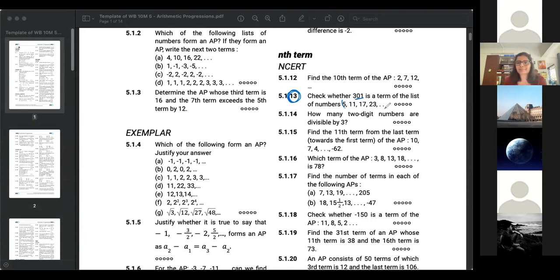Very good, correct. So n means it's the number of the term you're counting. So the value of n should always be 1, 2, 3, 4, 5, 6, any of the natural numbers only. So if you're getting n as a negative number or like 13 by 2, a fractional number, it means that it is not there in that AP. It's a random number, that's why you're getting a random value for n. Okay. So again, you'll use the same formula, the an formula, but in this case, n should be a natural number. So check, just answer it as yes or no.